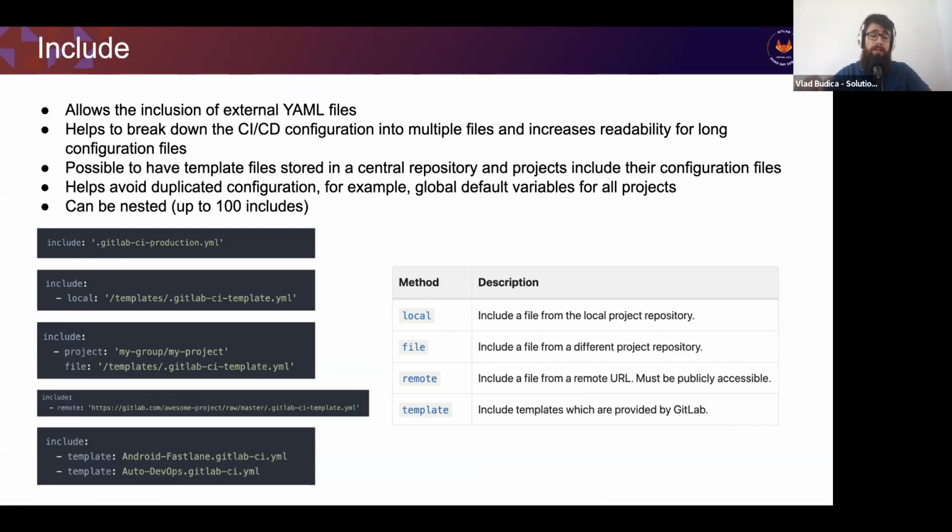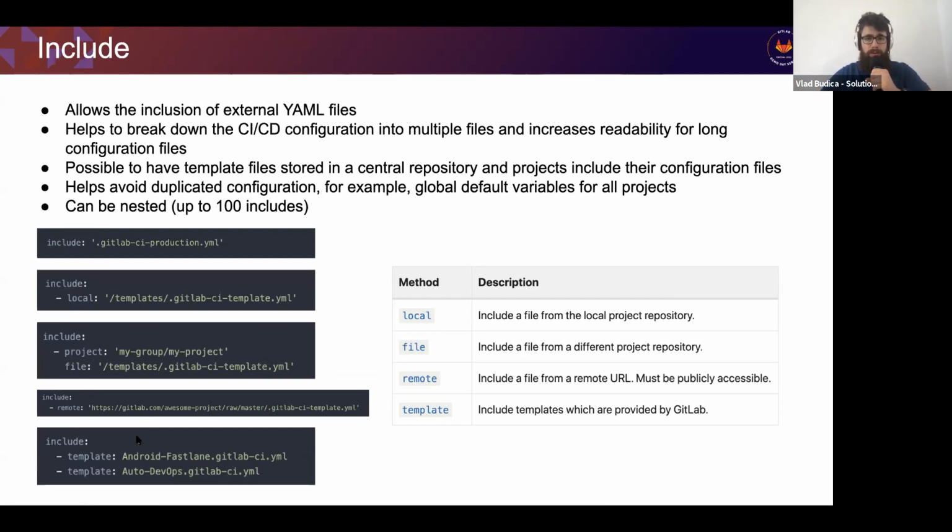And finally, you can use include templates, and this will include the templates that we ship with the community edition. And you can use them as a starting point. In the example right here, we are talking about Auto DevOps, for example, and also what template we do have